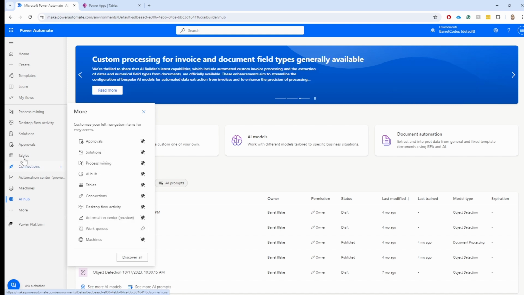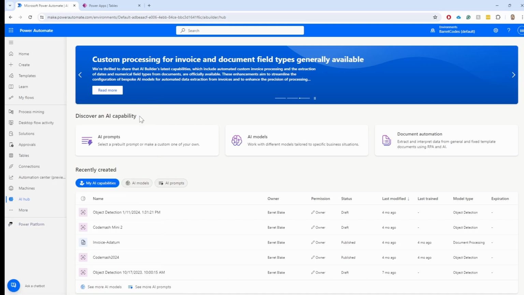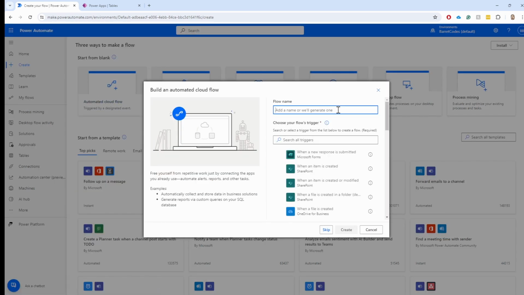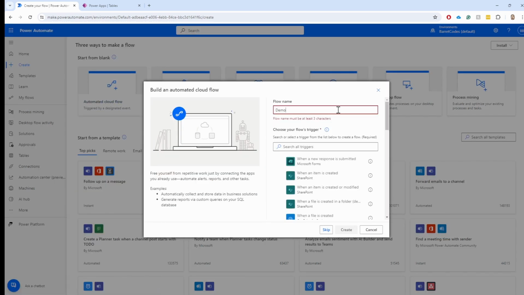So if you want stuff to show up in your menu all the time, you can pin them there. So those are the various features there. So what I'm going to do now is go back up here to create. And let's just create a basic flow. Let's just do an automated cloud flow. Just call this demo